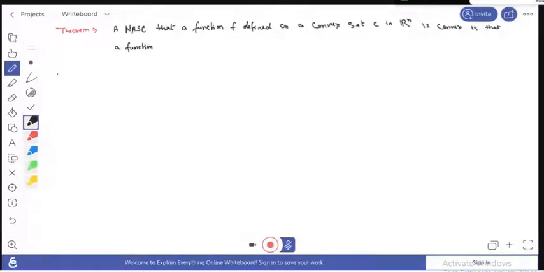So the necessary and sufficient condition that a function f defined on a convex set C in Rn is convex is